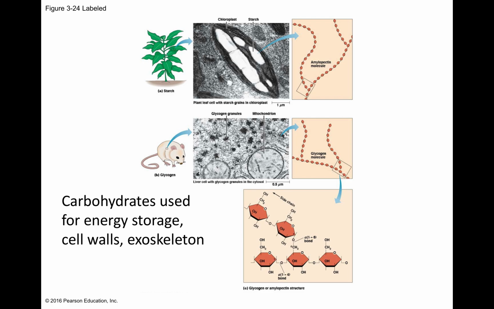So these can be used in all sorts of cells, animals and plant cells, in big, long polymer chains. Plants can use them to store energy in the form of starch. Animals can use them to store energy in the form of glycogen. The type of molecule bond is different in the two situations. It's not always a single chain. It can be branched off as a chain,